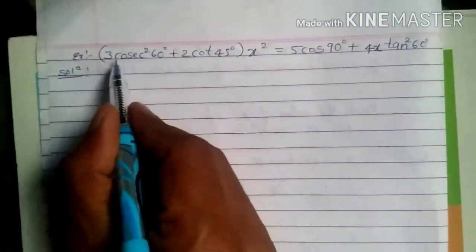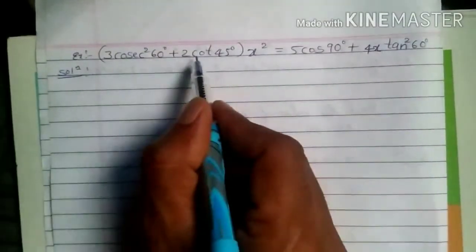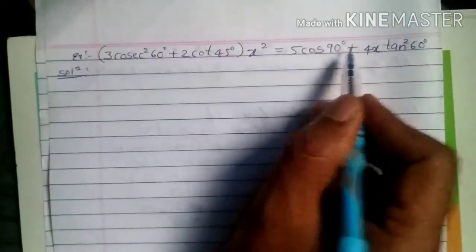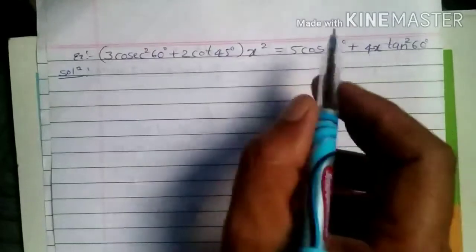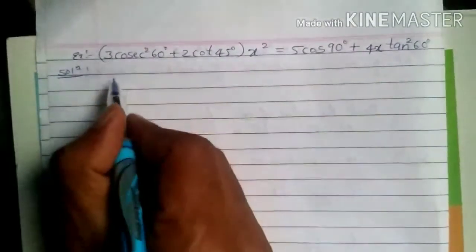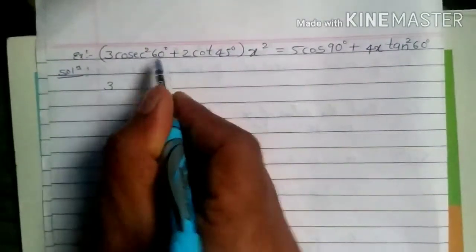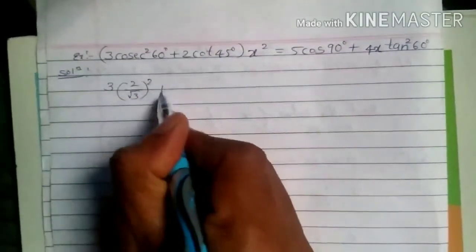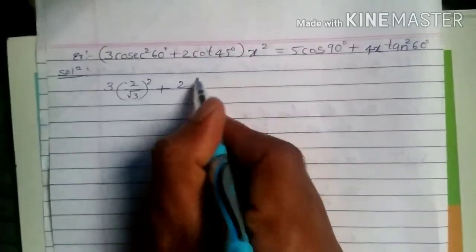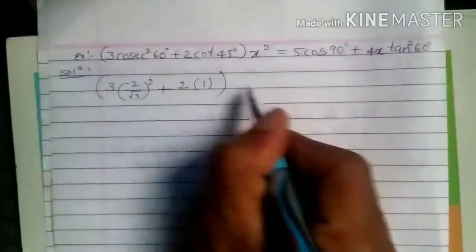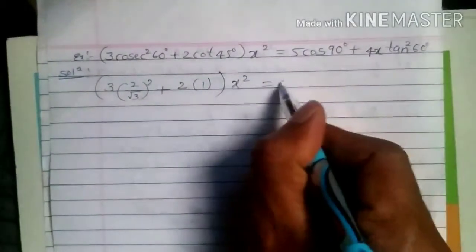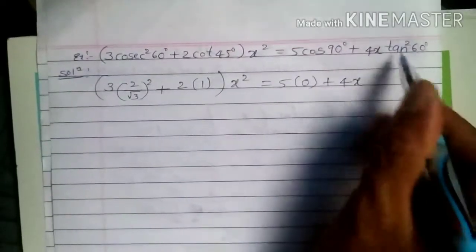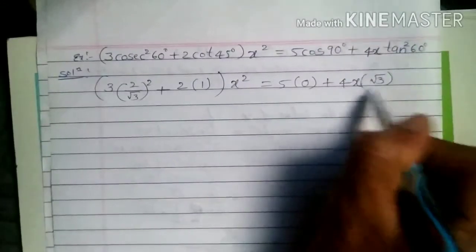Next problem: 3 cosec square 60 degree plus 2 cot 45 degree into x square is equal to 5 cos 90 degree plus 4x tan square 60 degree. You have to find x. So simplifying this, cosec 60 degree is 2 by root 3, so this is whole square, plus 2 into cot 45 is 1 into x square is equal to 5 cos 90 is 0 plus 4x tan 60 is root 3 whole square,